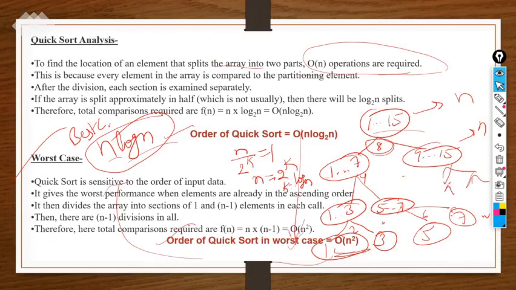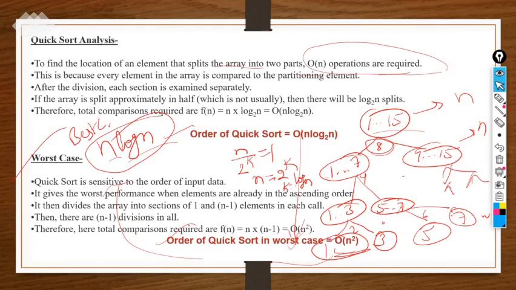If you are taking any element, as we previously took 25 in the example, and we put it into the center mid position in order to partition the left subarray and right subarray, it makes our task easier. If you do not do the same thing, the worst case time complexity may occur. The answer will remain the same, after all, you will be able to sort the array, but it will be more time consuming. That's why in order to convert the worst case into the best case, it's better to take the mid element as a pivot element.